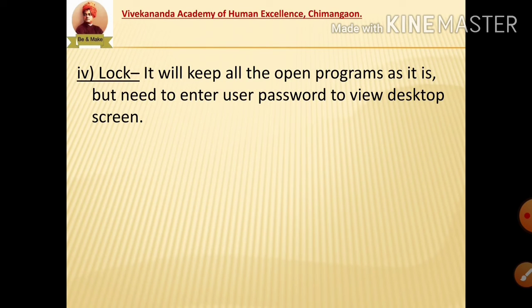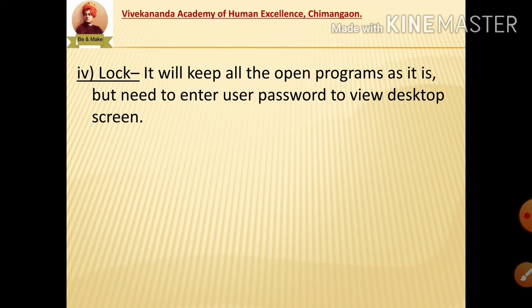The fourth option for shutdown is lock. It keeps all the open programs as they are but you need to enter the user password to view the desktop screen. It means if I am working on a computer and someone has called me or I have other work for 5 minutes, I can lock my computer so that no other person will peek into my computer system or look at the different files or whatever work is going on there.